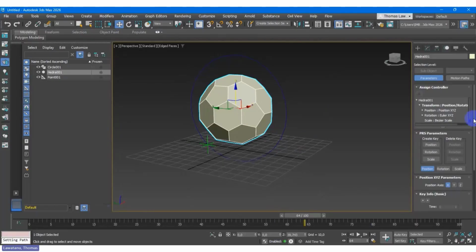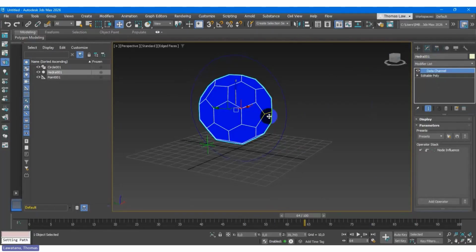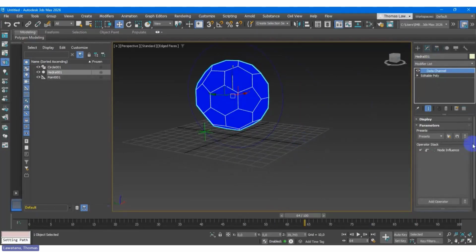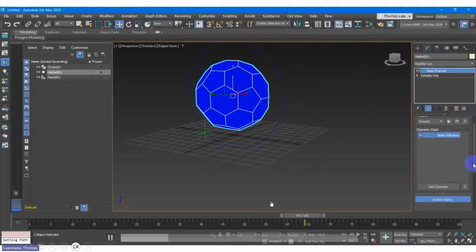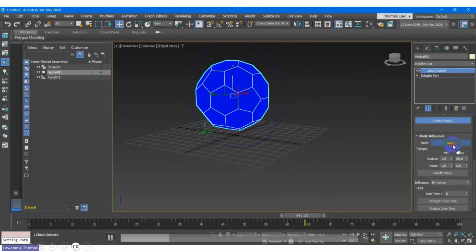After you get the path animation, the next step is to apply the data channel modifier. Okay, so we can go to the operand. This is the not influence. I think some steps were skipped. Moment. I go to the, and then you can choose the not influence.